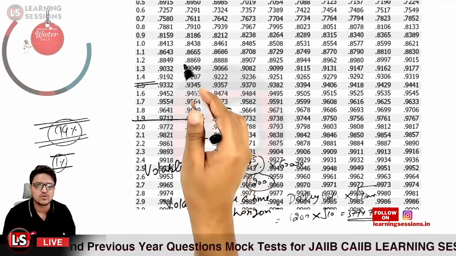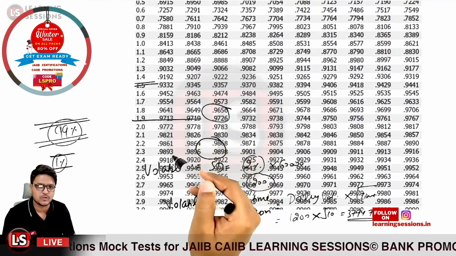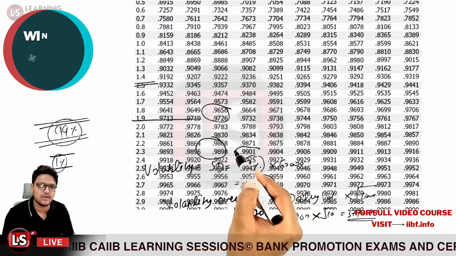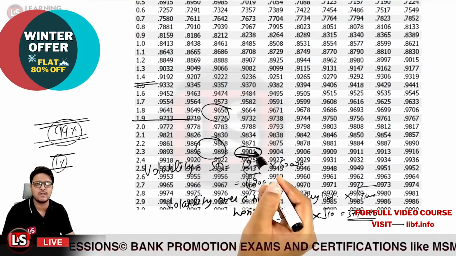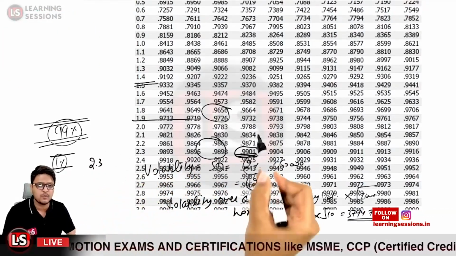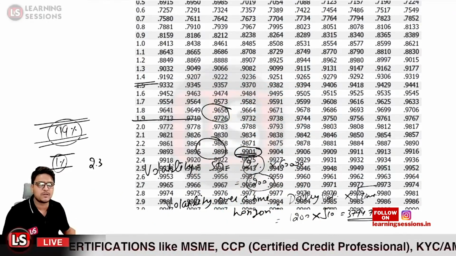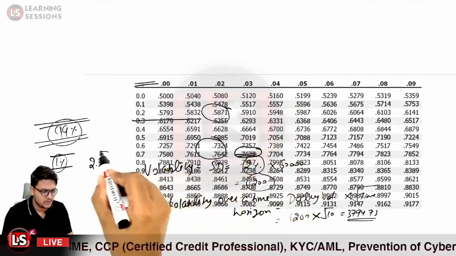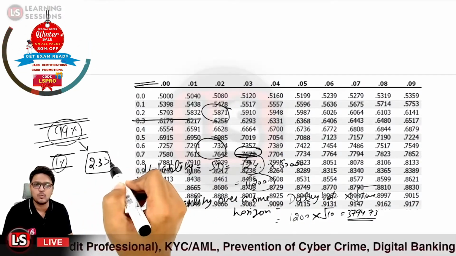Over here it goes to 0.91, then 93, 94, 95, 96, 98, 93. So we will be just moving on in this line particularly. It comes out to be 0.9901 in this particular case, so it means it has the probability of 99% in this value. It comes out to be 2.3, and further we look at the fourth line over here, which is 0.03. So it will be 2.33. The Z table value for 99% is 2.33.